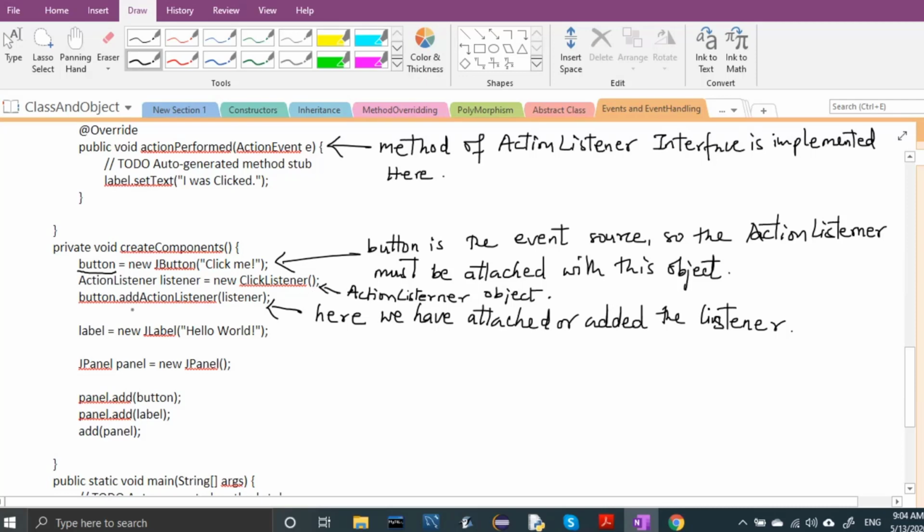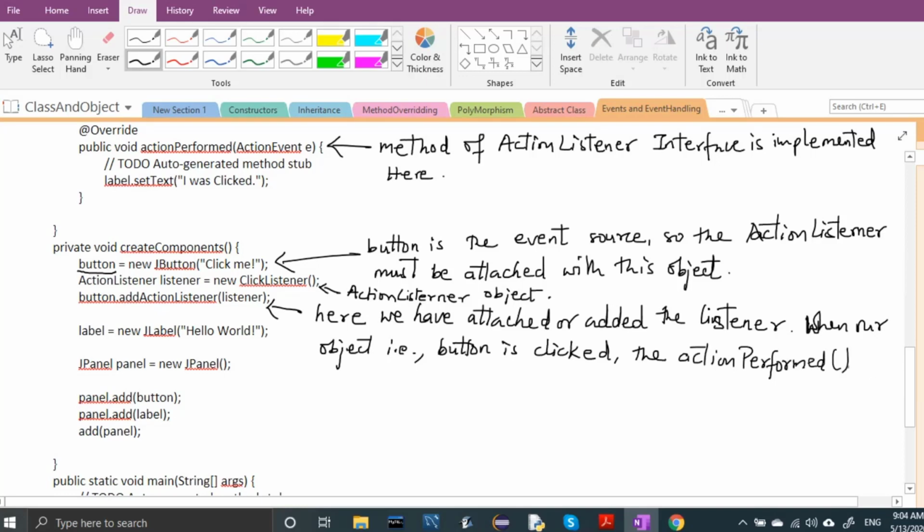When our button is clicked, the addActionListener mechanism calls the actionPerformed method.